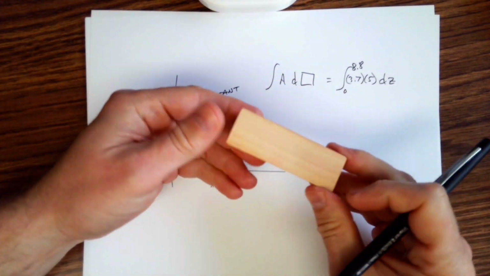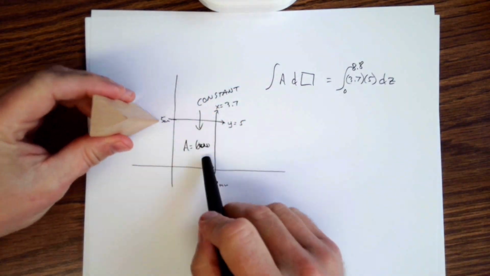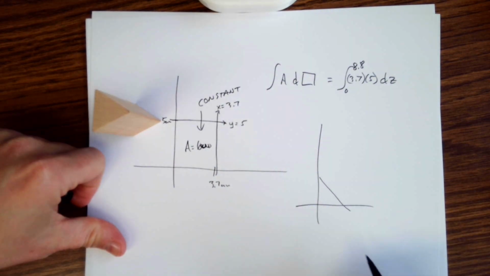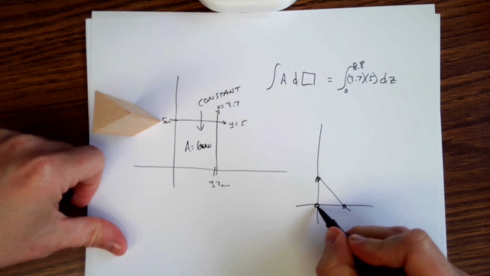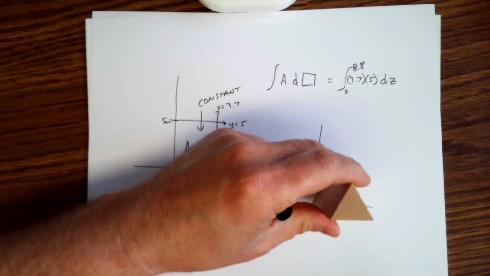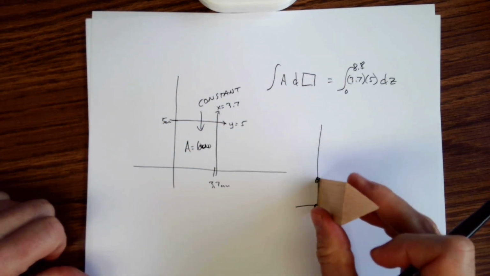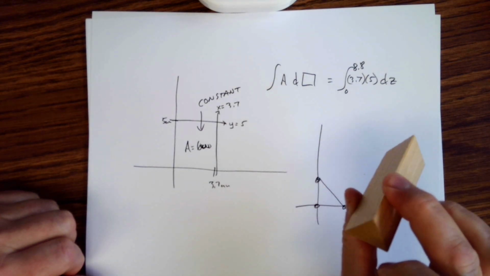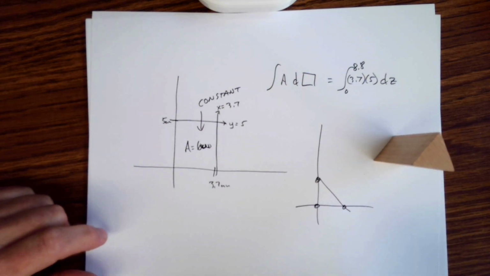Well, a triangular prism would be that cross section. Instead of it being a rectangle, if we were to build that out, there it is right there, right? Not exactly drawn to scale, but pretty close. So there's our shape. This is, of course, an equilateral, and I didn't draw one of those, but you get